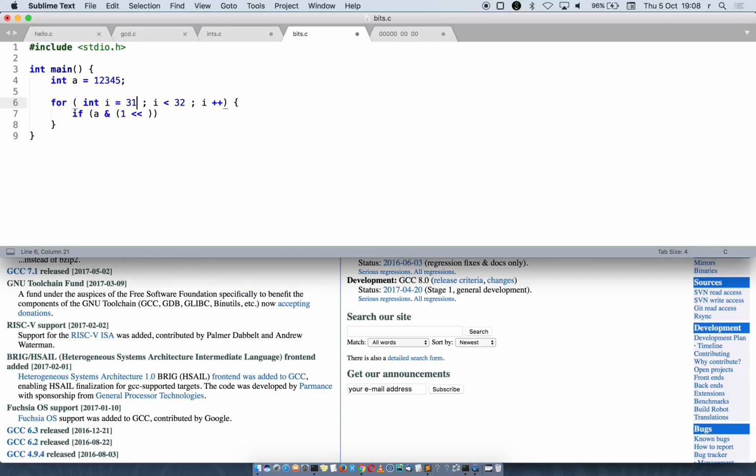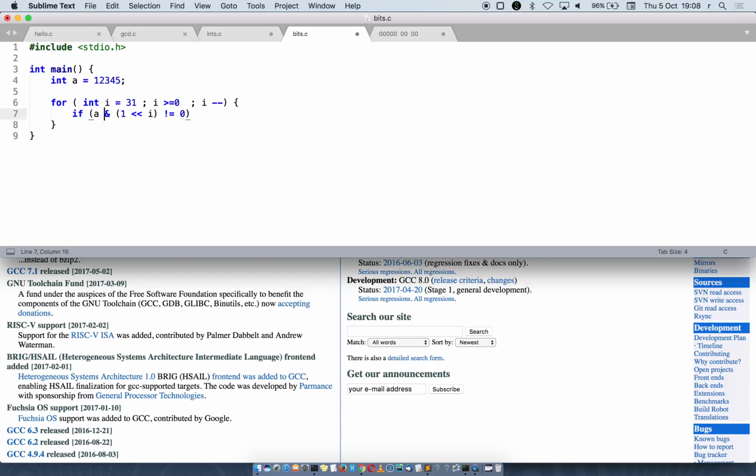I'm going to go from 31 to 0, and I'm going to decrease. i minus minus means decrease every time by 1. And I'm going to say 1 shifted to the left i bits. So if this number is non-zero, and let's make it very clear that we're saying here not equal to 0,